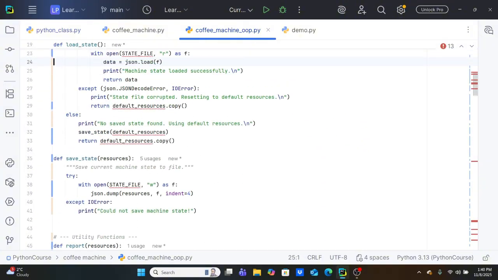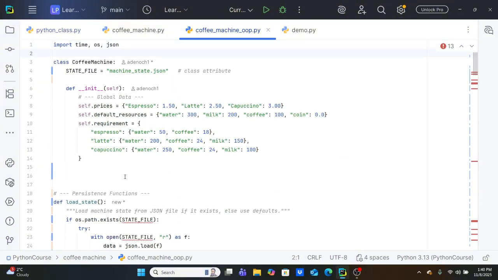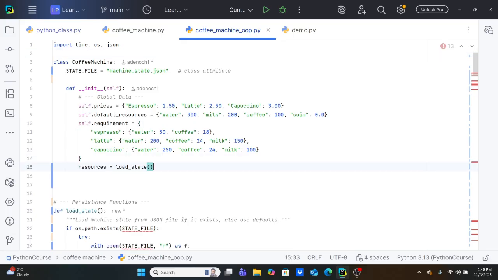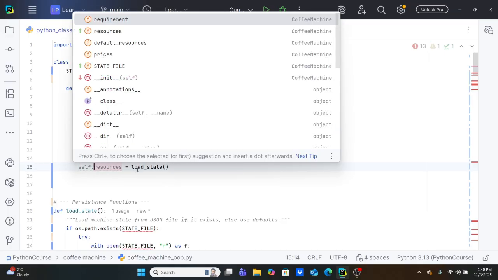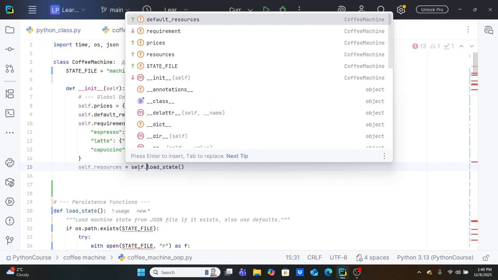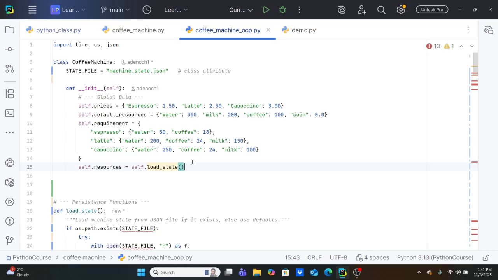Let's make it one of our instance attributes, and let's move it here so that it will be available. So now we'll change this one to self.resources, and I will also change this one to self.loadState. All right, so all these resources that we have created here